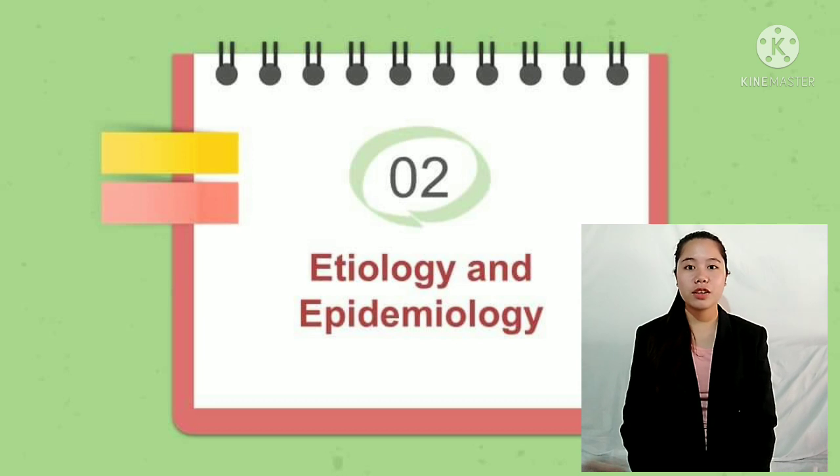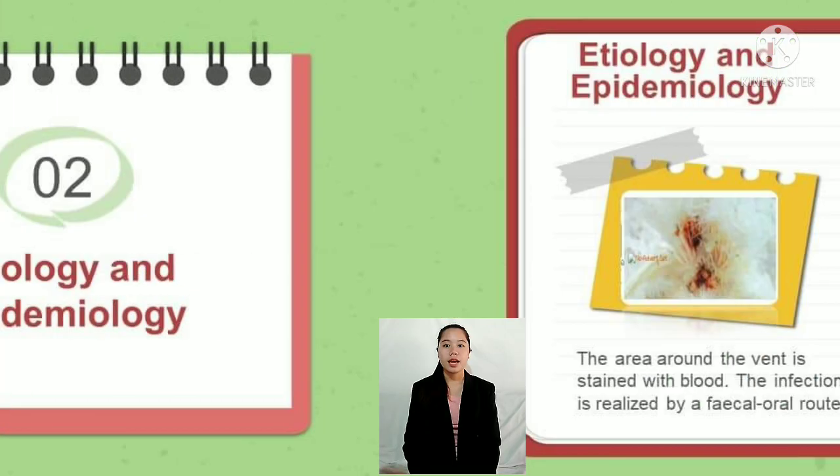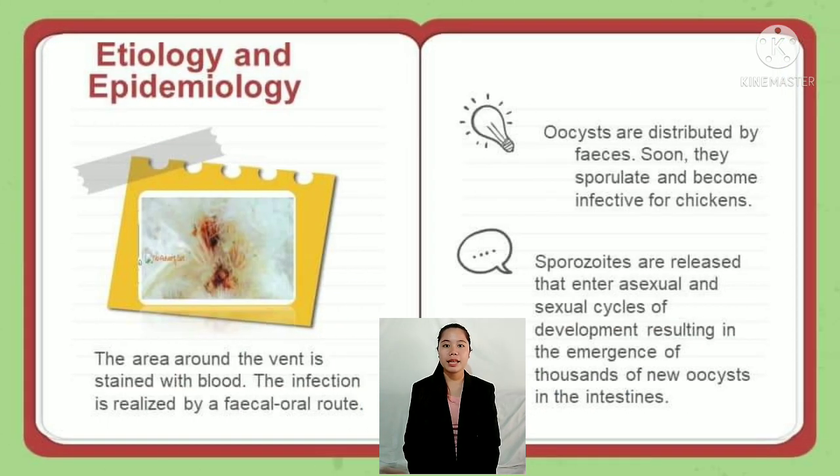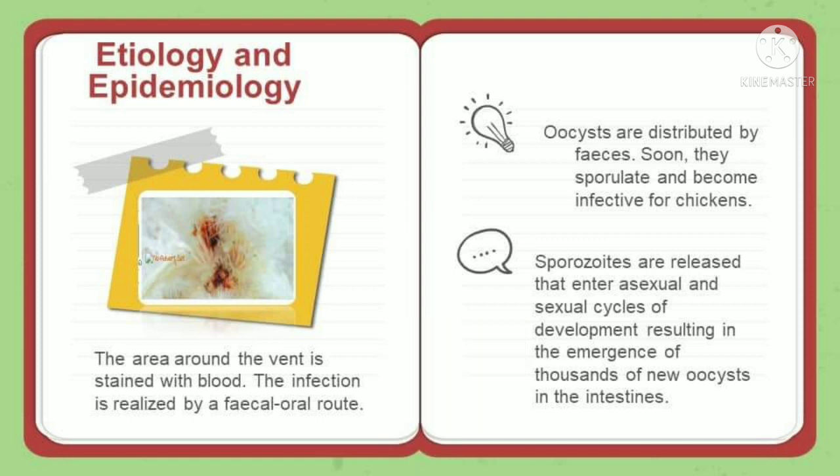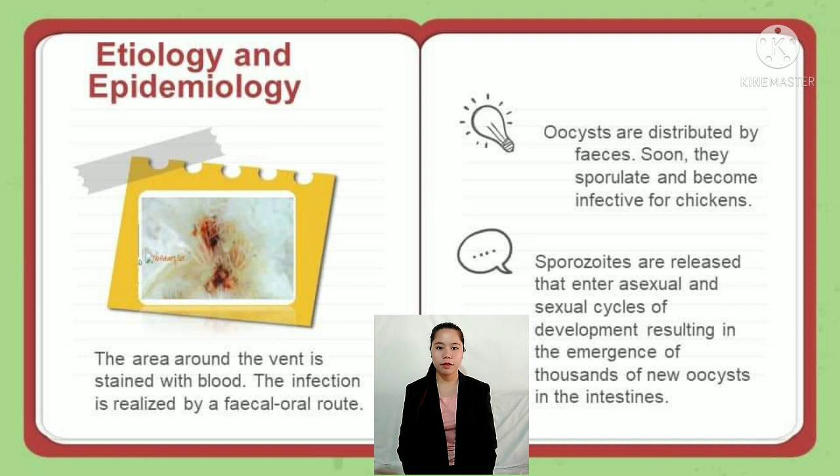Etiology and epidemiology of coccidiosis. Eimeria and Isospora typically require only one host in which to complete their life cycles. Some species of Isospora have a facultative intermediate host, and a new genus name, Cystoisospora, has been proposed for this species of Isospora. Coccidia are host-specific, and there is no cross-immunity between species of coccidia.